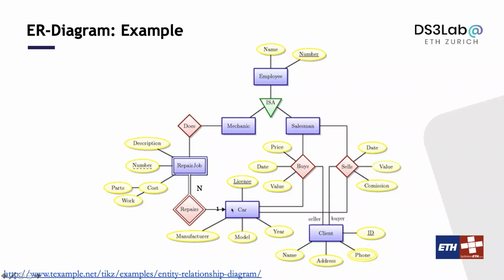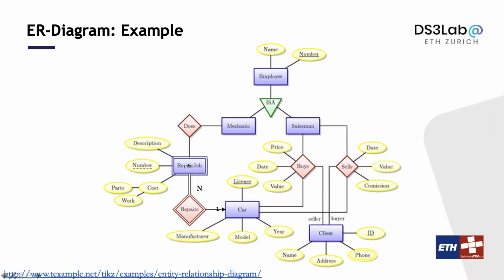And because it is a weak entity, if you want to identify a repair job, you need the combination of number and the license of the car, which also makes sense, right? And then there's a different relationship between them. So there's a relationship